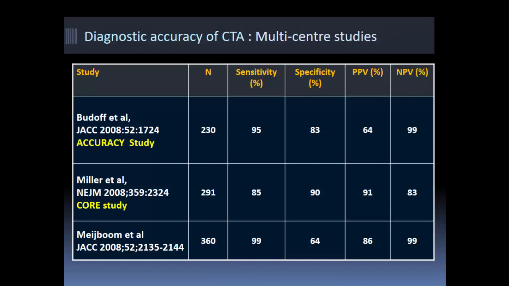Now, 3 multi-center studies comparing 64 slice CT angiography with invasive angiograms are worth looking at, and these are the ACCURACY study, then the CORE 64 study, and the last one is from the Netherlands. And these 3 studies again point to a very high negative predictive value of CT angiography. So these are some key studies I'm pointing out which are worth reading, going through,